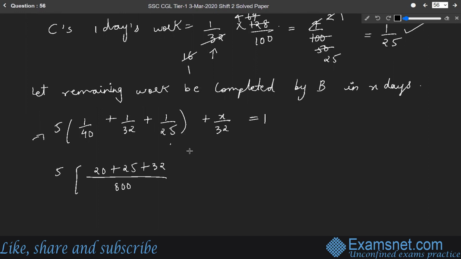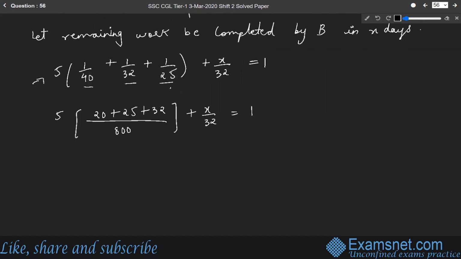All you have to do is take the LCM, and here the LCM for 40, 32 and 25 will be 800. All right. Then we have plus X by 32 is equal to 1. Okay. Now further when we simplify this, it will be 5 multiplied by